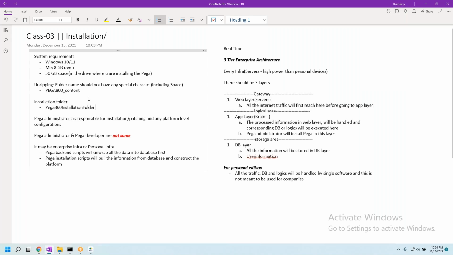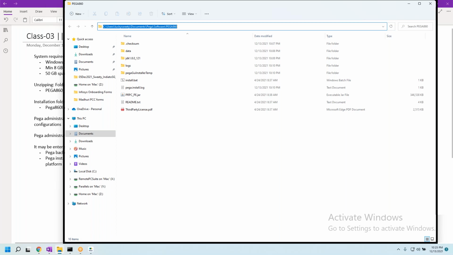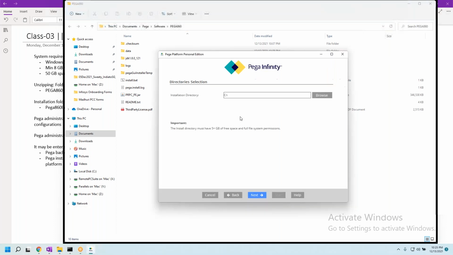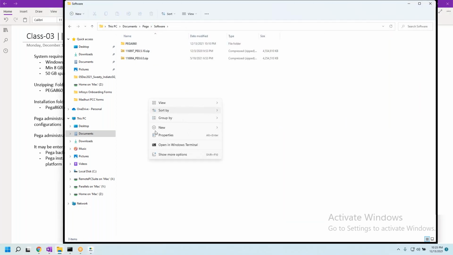No problem. You can keep a clear-cut name so that you will clearly understand it. And also, as I said, this should be a clear-cut name which should not have any spaces in the entire path that you are trying to use. Of course, I'm not going to do the installation, but I'm just showing you.